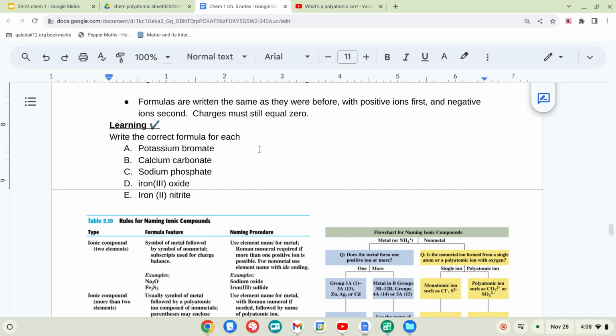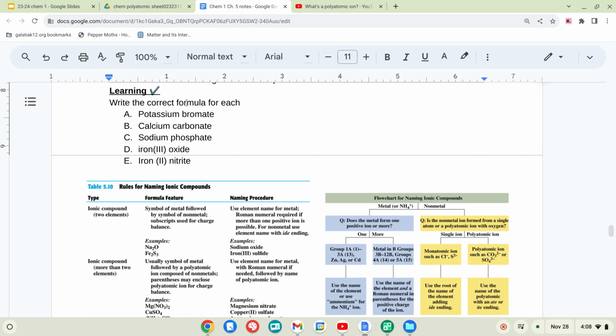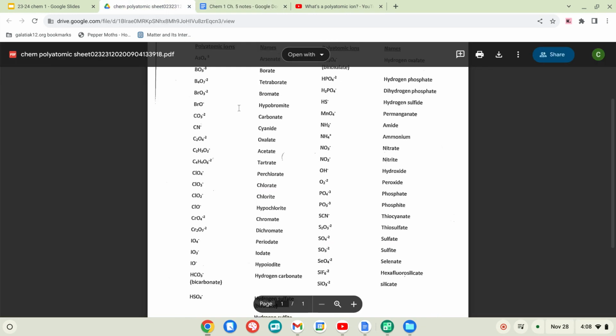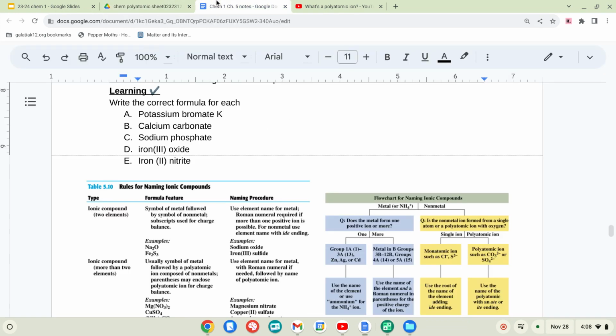Alright, so formulas are written the same as they were before with the positive ions. I've already said that. Positive first, negative second. My charges still need to equal 0. So on this learning check, it says write the correct formula. So for instance, on potassium bromate, potassium is a K. Now it is K, it's got a +1. Bromate is going to be on the sheet. As soon as I see bromate, I'm like, it's on the sheet. So BrO3. And it's got a -2, so I'm going to crisscross that 2,